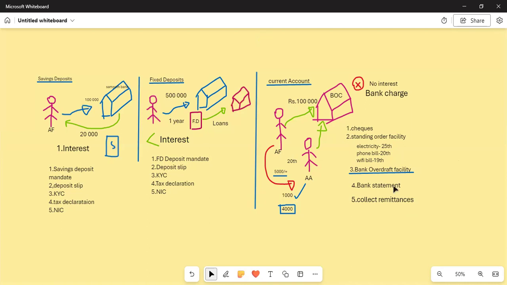Fifth one, collect the remittances, Aisha. That means you are getting some money. Okay, Hadika, you are getting some money from the debtors, directly into your current account. Am I clear? For example, you have invested some money in a fixed deposit and you get 20,000 every month for that. You are getting it to your current account. Collecting remittances, simply, you are collecting your incomes to your current account. Mainly this is used by the businessman.